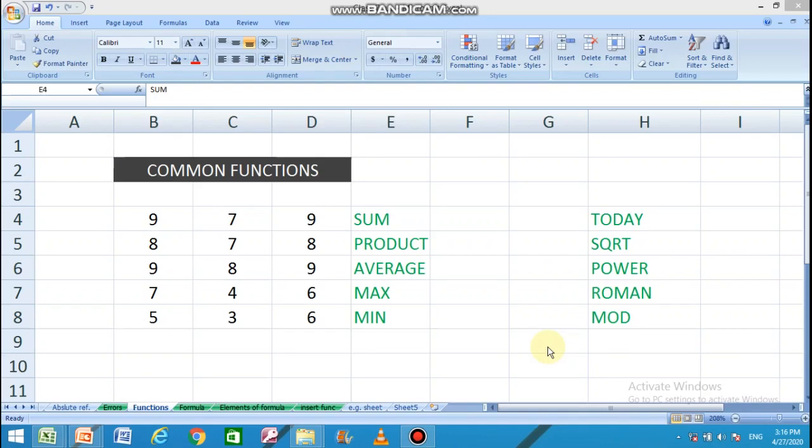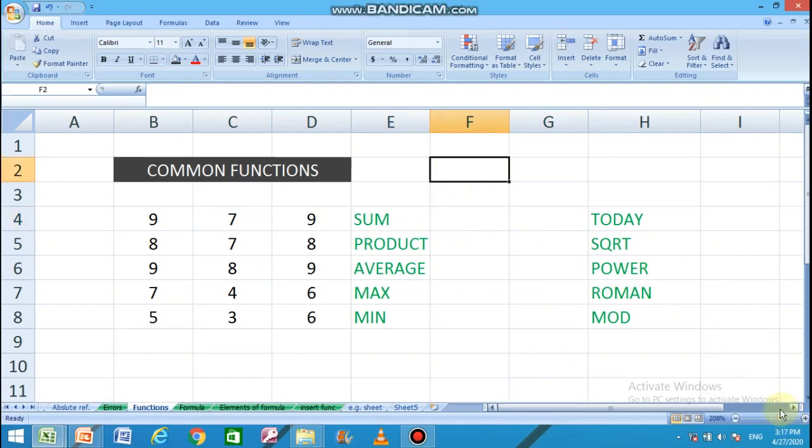Before going through, let us first understand what is a function. A function is simply a pre-designed formula to perform simple and complex calculations. A function has basically two parts, and it is always started with an equals to symbol.